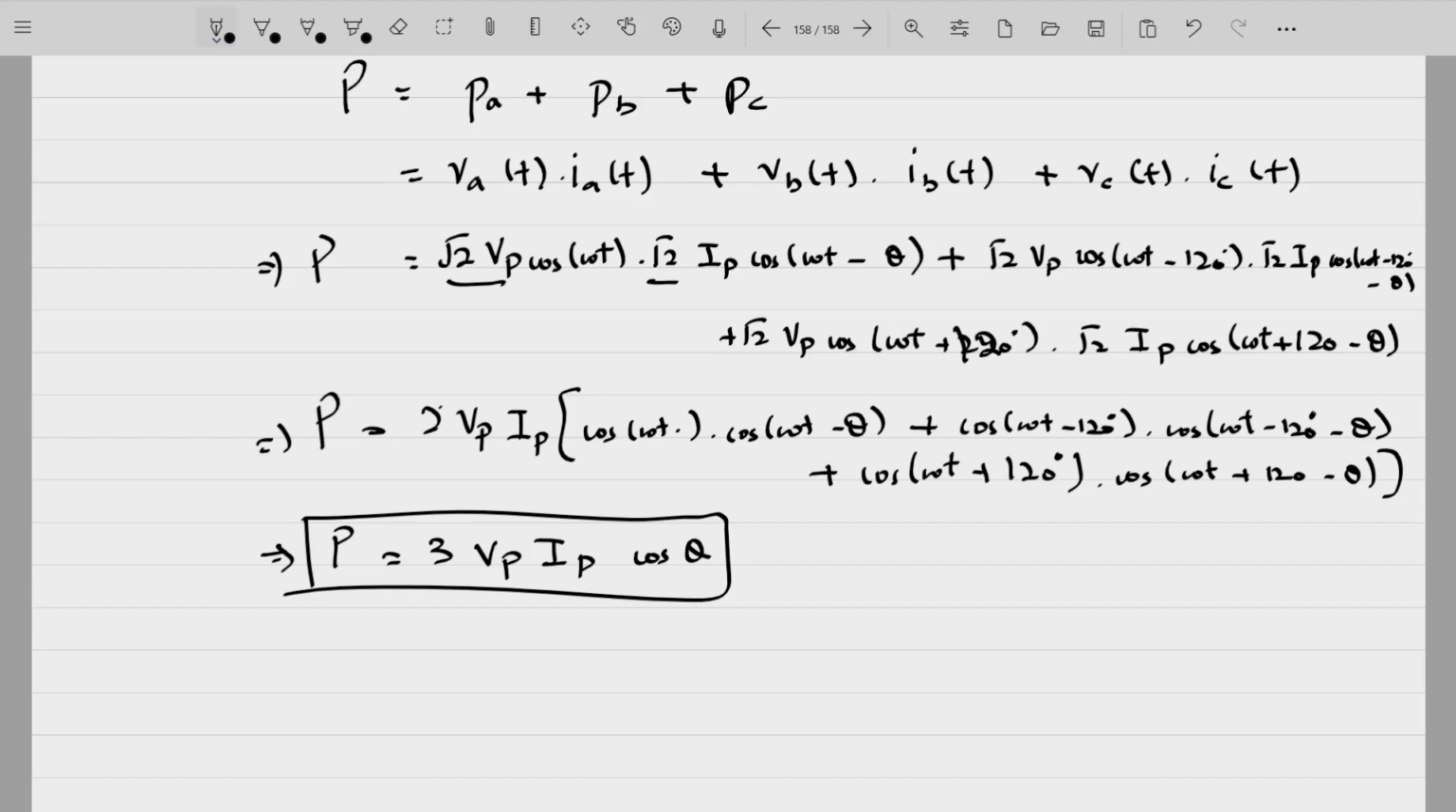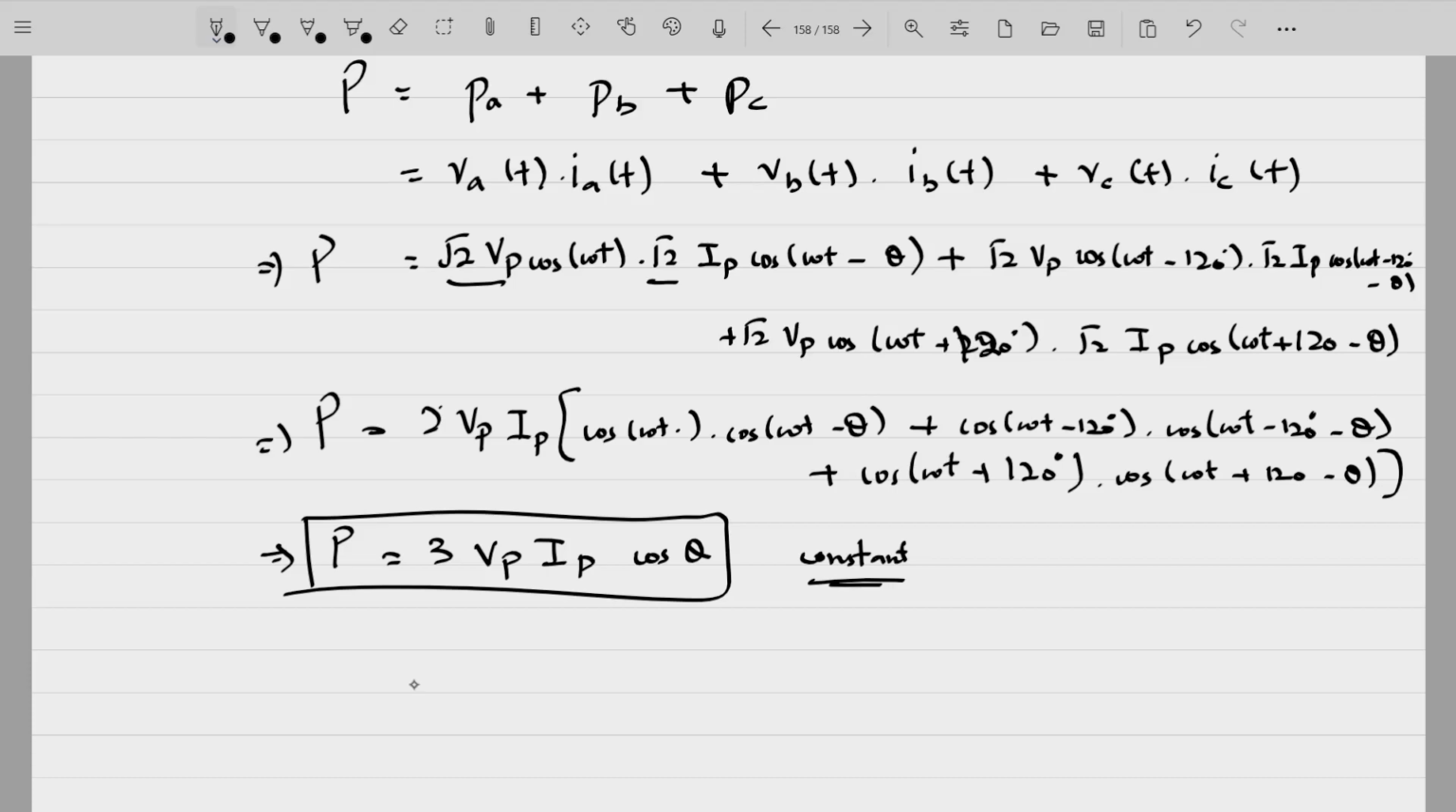If you remember the instantaneous power formula for a single phase AC system, this is a constant term. If theta is, for example, 30 degrees, Vp and Ip will also have some values. So this is a constant term. It is not changing with respect to time. But in case of a single phase system, the instantaneous power is a time varying quantity. It is still dependent upon time, and at each and every time you'll have a different value of instantaneous power. But you can see now in case of a three phase system, the instantaneous power is constant,